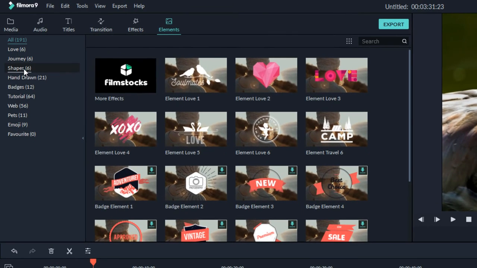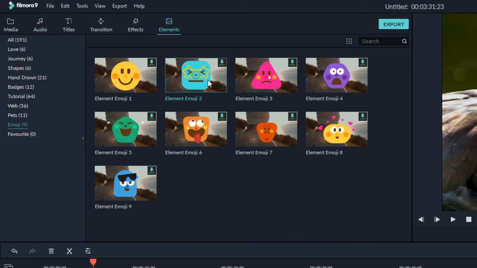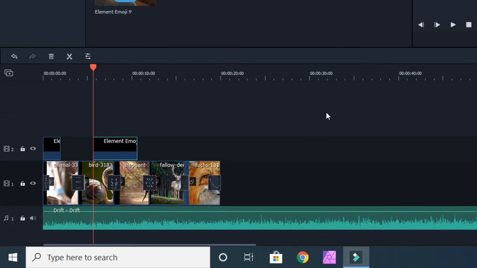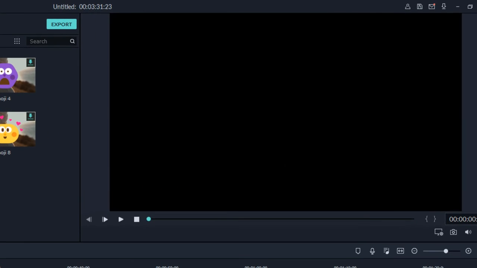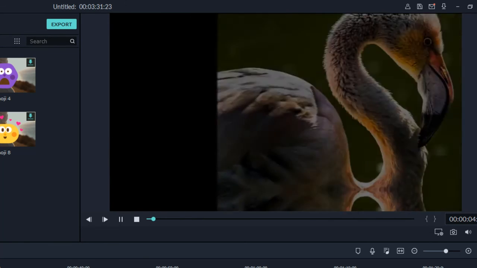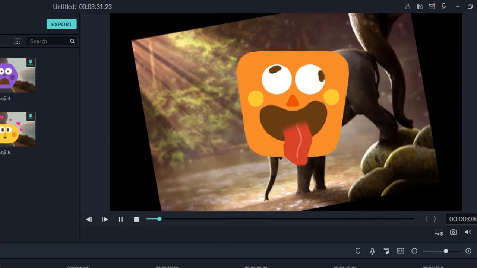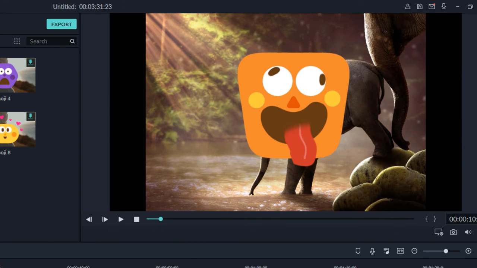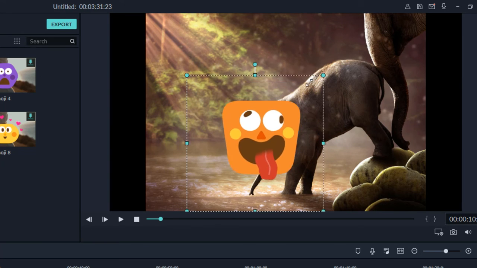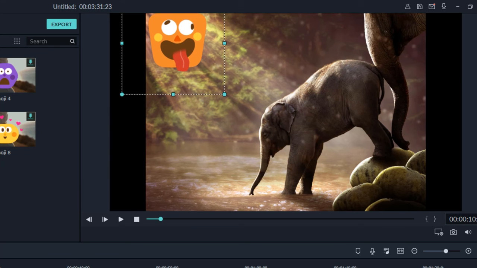You can even add other categories as well. For example, hand drawn. I'll go for the emoji section, and I'll just download this one and place it here. So now let's see from the beginning. You can even change the size and placement of it. So I'll just simply click on this, and I can reduce the size of it, and I can put the placement here or there. And now again, if you play it,